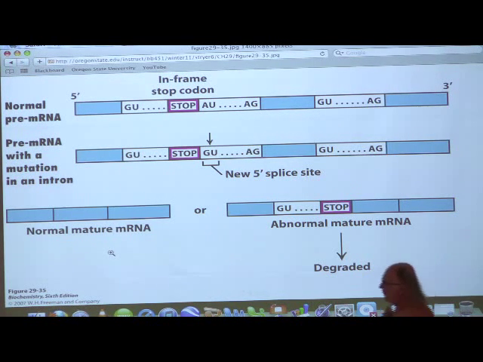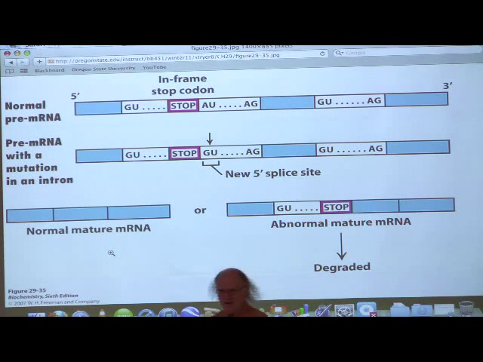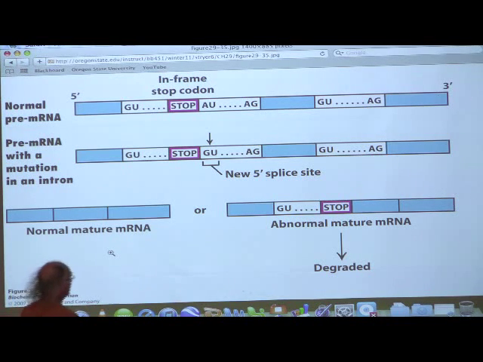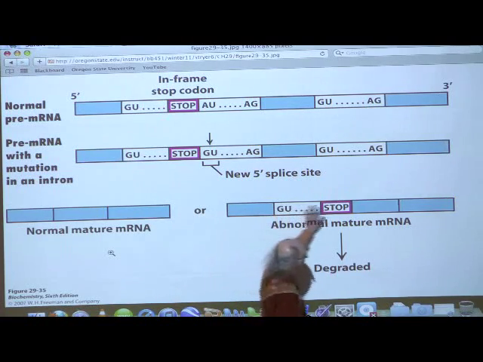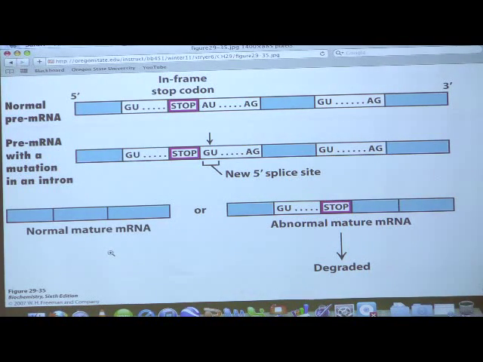Those problems can happen in a variety of ways. One of the ways is shown here, in which a new splice site is introduced as a result of a mutation. If a splice site is introduced as a result of a mutation, we make aberrant messenger RNAs that don't make the proper coding for the protein that needs to be made. If that happens, we either make the proper one over here, or we splice it incorrectly and we make an improper one over here.